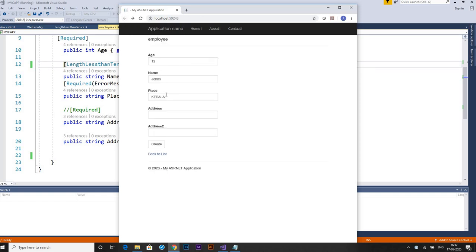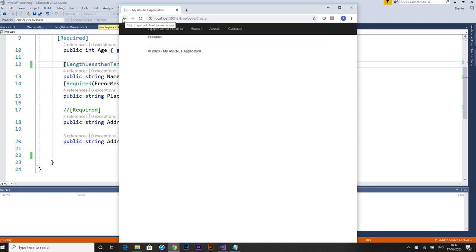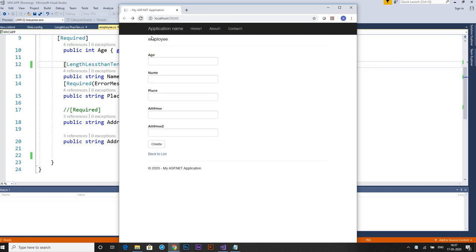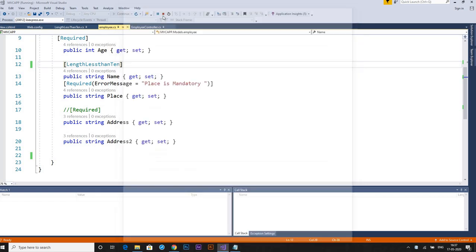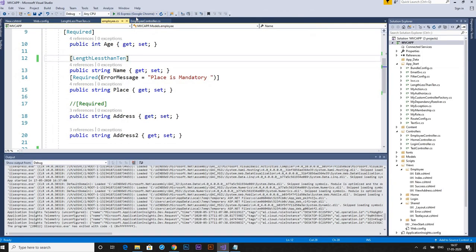But what happens now if it is not valid? I give some other extra characters so that the length is greater than 10. I don't think this is executing. I will run it again.